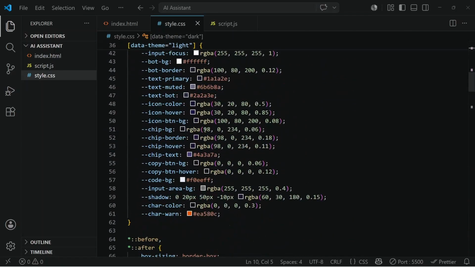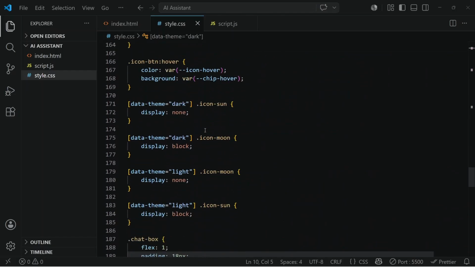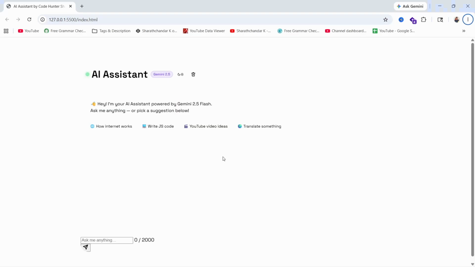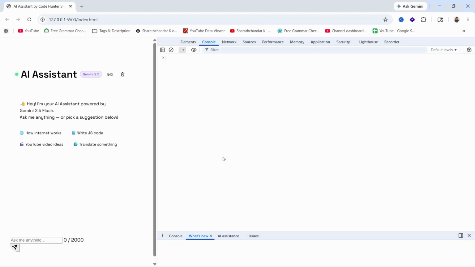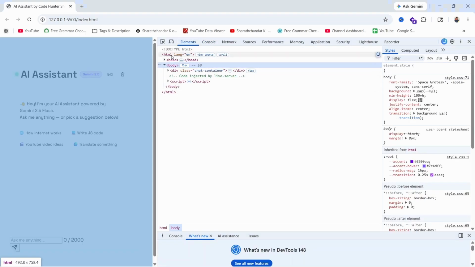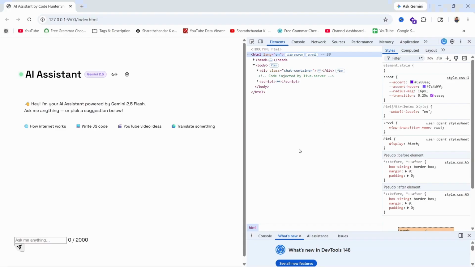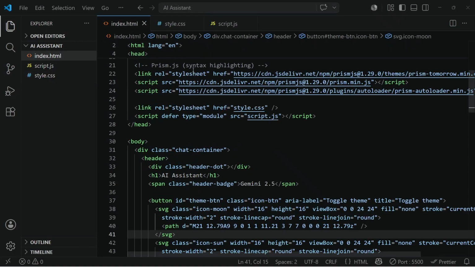After adding the styles to the message, I still could not see the chat container in the browser, right? So I will go to the browser and inspect the element. Here we can see the HTML attribute we have missed. So for that I will go to the HTML file and I will add the